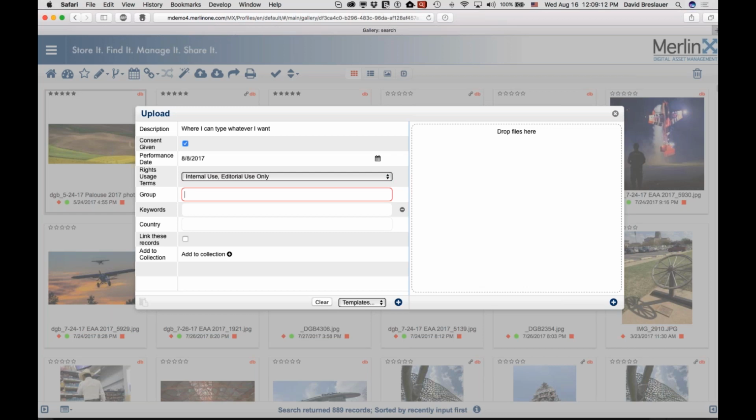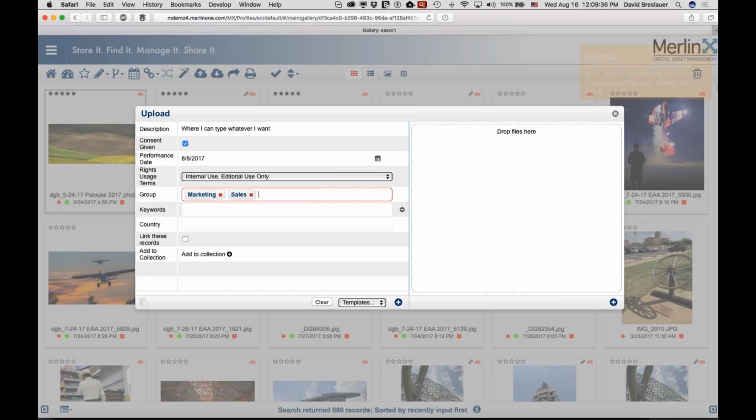So as I start to type, I'm just going to type the letter M, and it's going to auto-complete with all of the values that start with the letter M. And so I'm going to choose marketing, and I'm going to tab, and now marketing is selected. And I'm going to add the letter S, and it's allowing me to pick sales from the list as well. And I'm going to tab, but I can type something else as well,